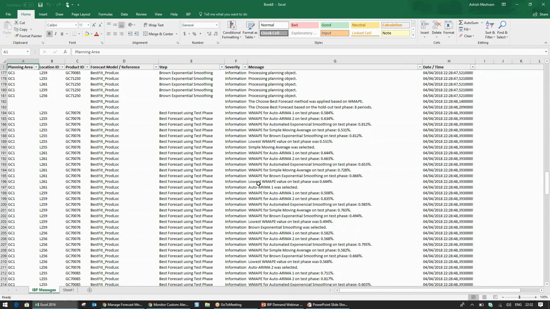So far we have covered the data or the algorithm side of the demand planning process. Now let's turn our attention to how other stakeholder groups like the sales representatives, sales management, and the marketing people can leverage IBP.